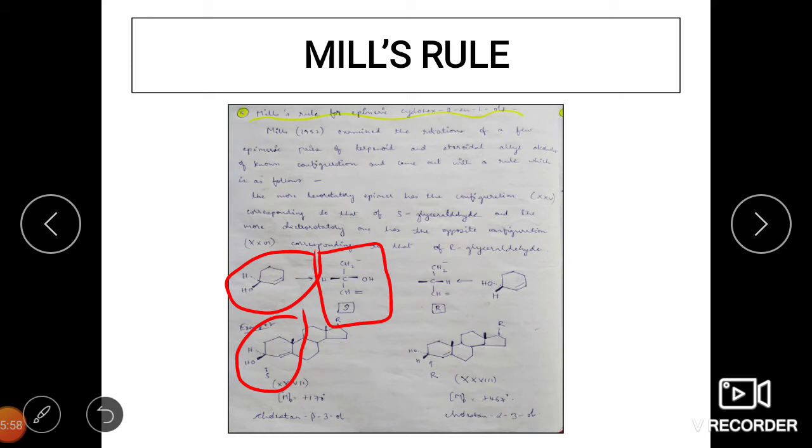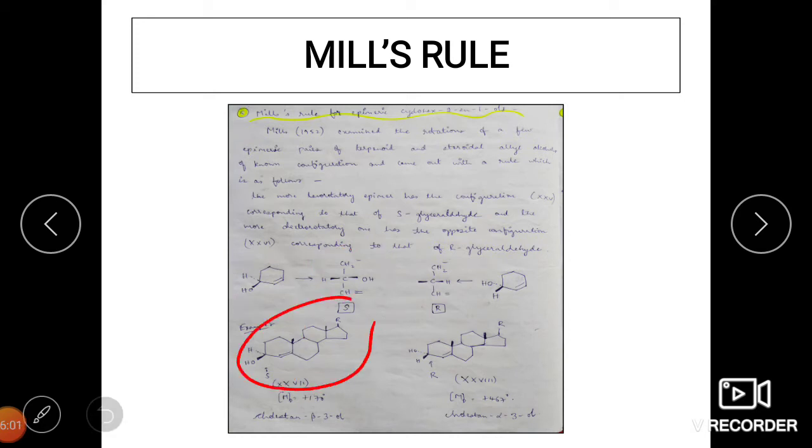Now when you have a big terpenoid with a structure of a lot of fused rings, and you have a structure which is similar to that of the parent group here, or a known absolute configuration, then we can compare easily. So that's the reason why the cholestane beta 3-ol will have an S configuration, because its configuration is matching that of S-glyceraldehyde.